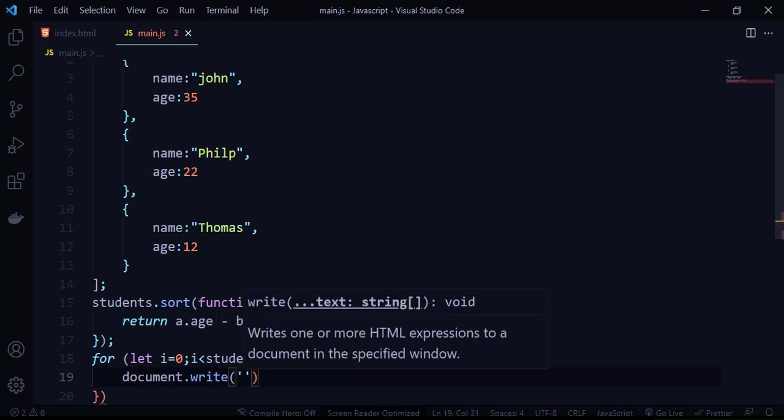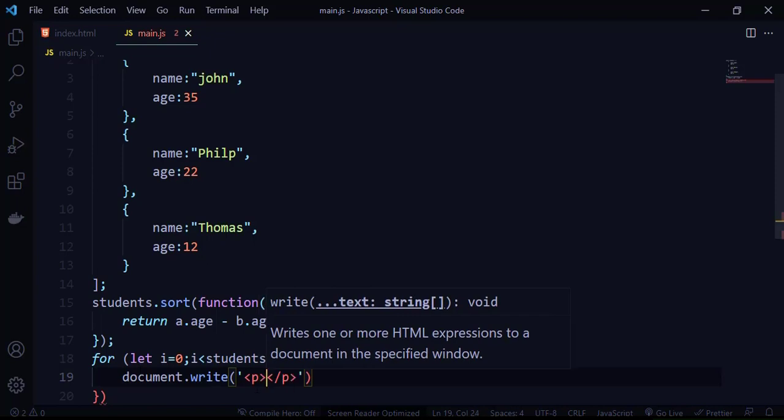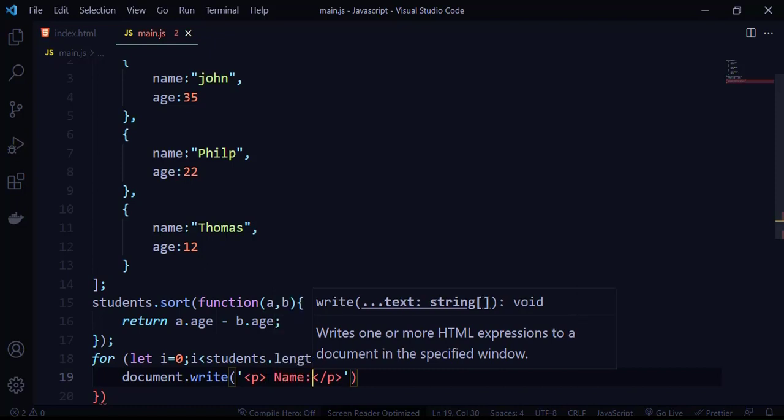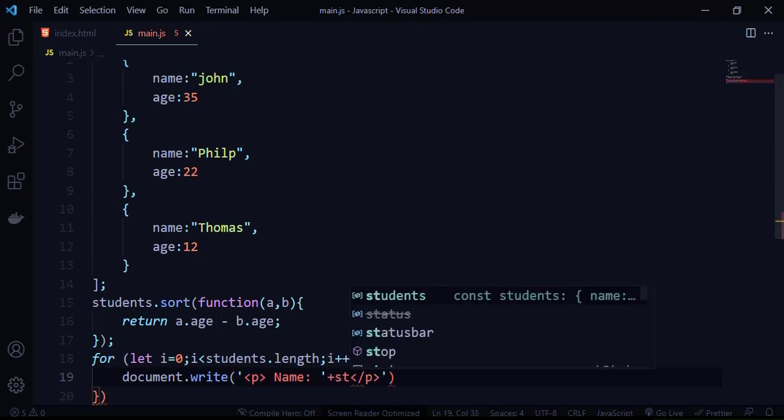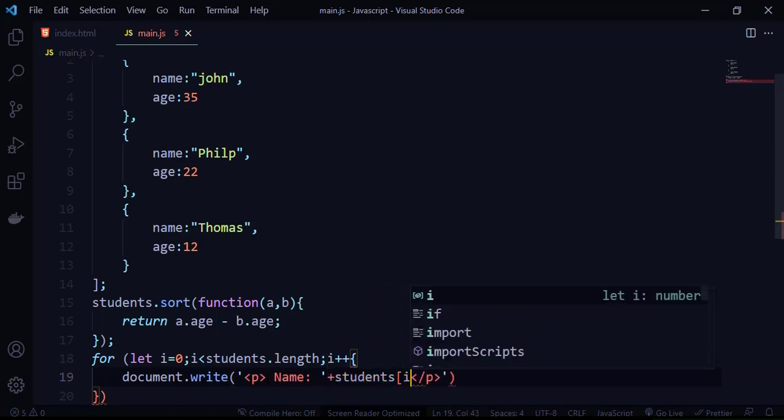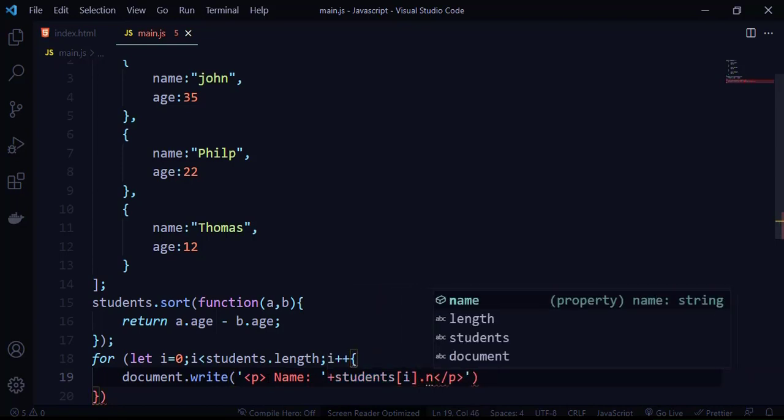Let's say I want to print them in a paragraph. Within this paragraph, I want to print the name first, so this is going to have the student name, students[i].name.